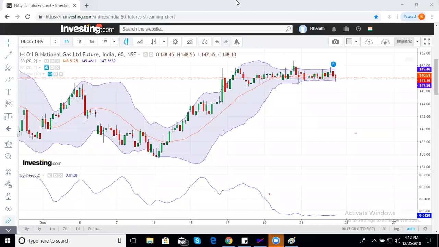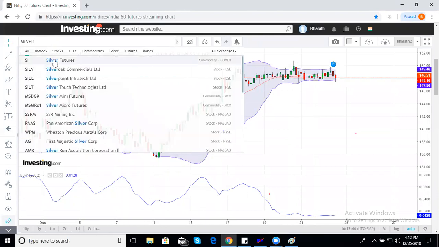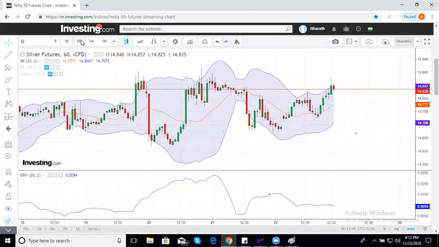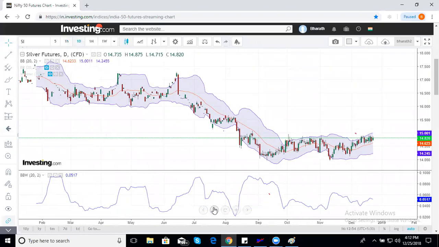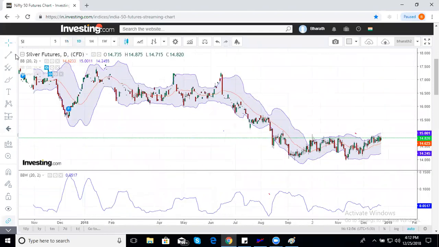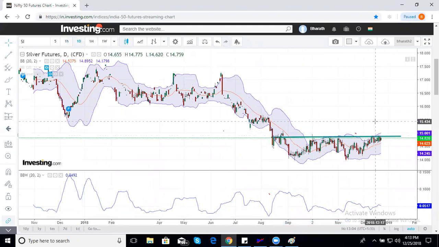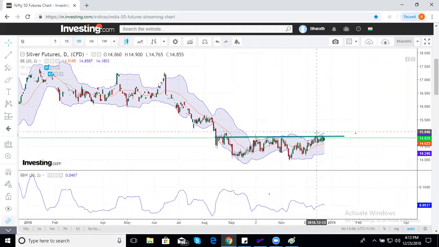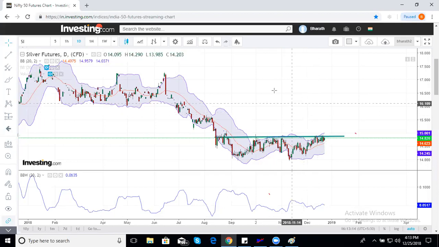Ashok, silver. Unfortunately, it is lagging the gold because gold and silver usually go hand in hand, right? But this is yet to break the resistance here on daily chart. See this. Okay, it's going in a squeeze or going in a rectangle. If you know Dow theory, this is called a rectangle pattern. It is yet to break this out. If this breaks out, then it is going to set a trend. It is yet to break out. So you should watch above 14.9, around 15, international markets, not Indian.